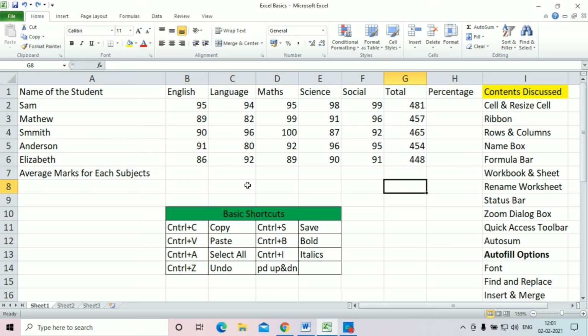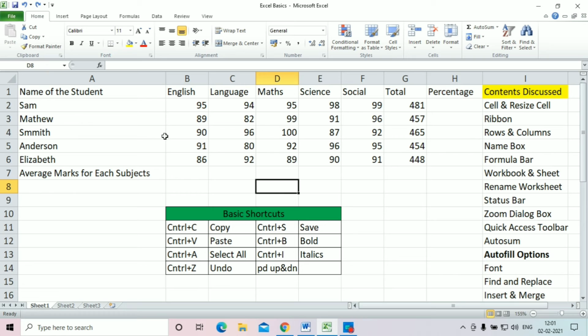Then coming to the rows and columns as well, basically, what will you designate the cell? For example, this is the cell. So what is the name of the cell? In Excel, you name a cell with the name of the column and the name of the row. You can see the name of the cell over here, as you hover your arrow, in what is called the name box.